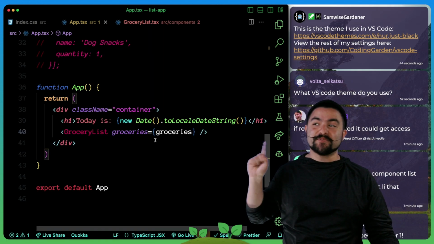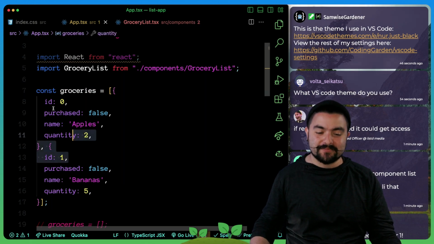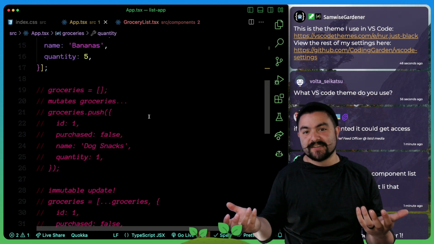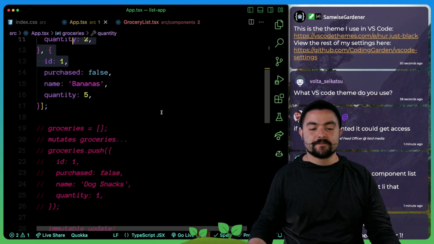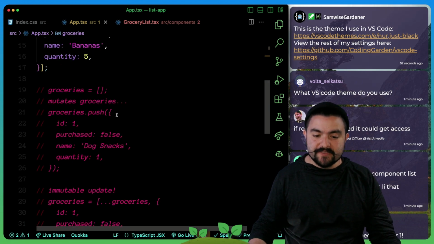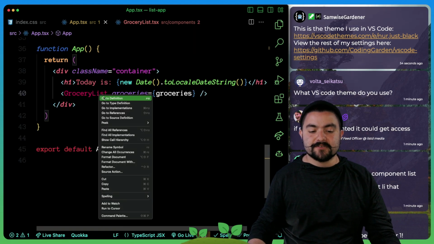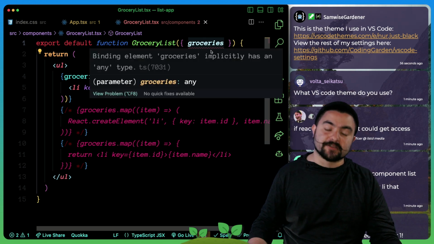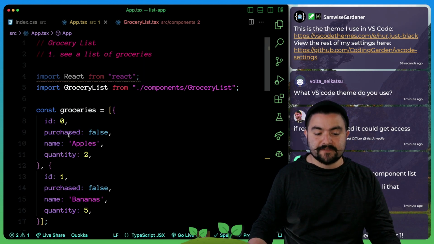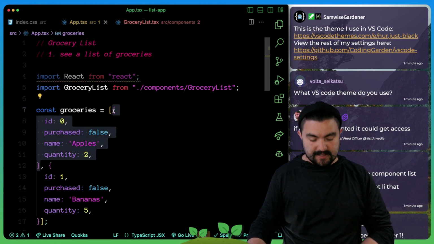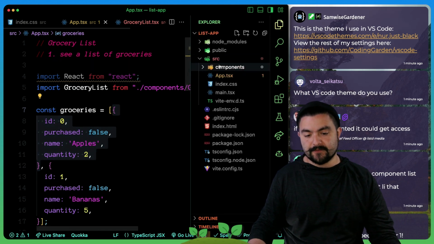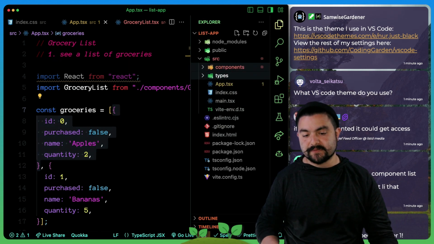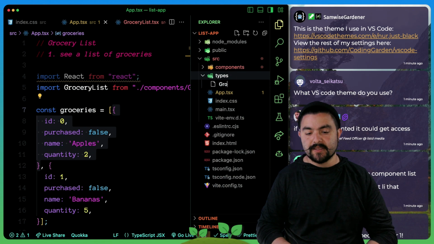And so this is the point where I'll actually define this type separately, because now we can start to share that type throughout our app. So basically, the type will be used right here to define the list, and then the type will also be used over here to say this is what we expect groceries to be. So let's actually define this type. And we'll put it in a different folder. Let's actually create a folder called types, create a file called grocery